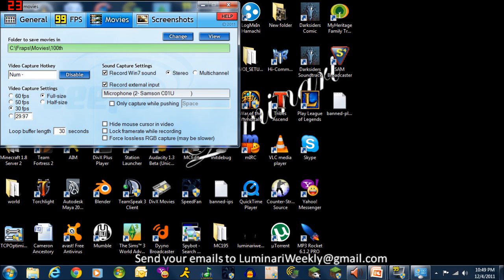I put 30 frames per second. I could probably dump it down to 29.97, but I don't know. In fact, for the stuff that I'm doing, because it's not heavily 3D intensive, I can definitely go down to half size without losing any quality. Also, another thing you need to keep in mind is that whenever you're making videos, and I did a lot of research on this,